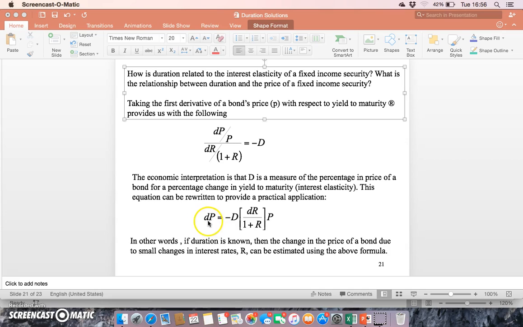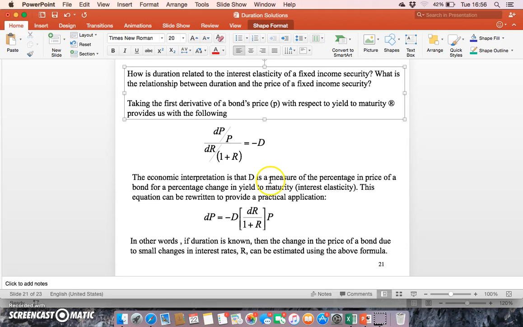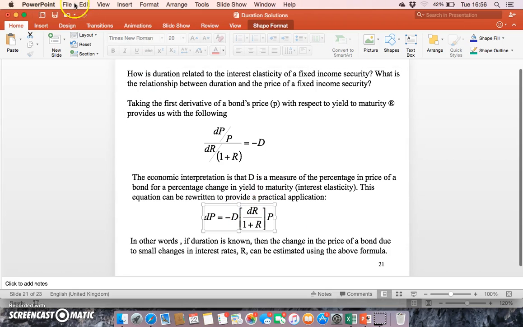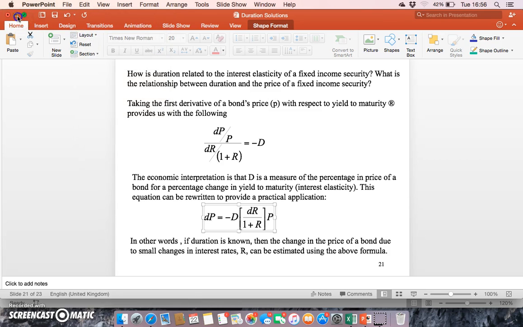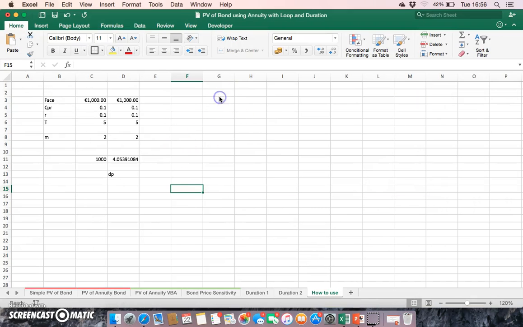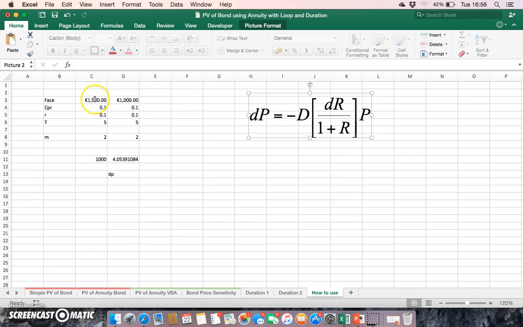So we can estimate the change in the bond price. Now this is just an estimation, and so if you like, the duration formula doesn't give us a complete picture, but nonetheless it's widely used. So let's try to understand how duration might be used. So essentially, let's say we have a bond,